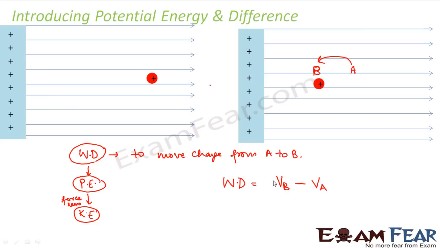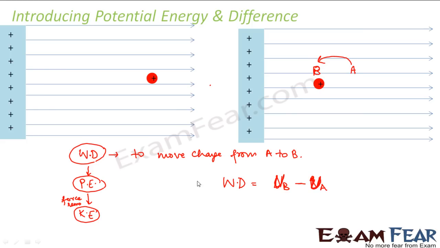So how do you know that work done can be defined only by the difference between the potential energy at the 2 points? How do you know that? Because as I told you, logically work done and potential energy are not different because the work which you are doing is getting stored as potential energy, right? So let me mark it as U. So U denotes your potential energy.